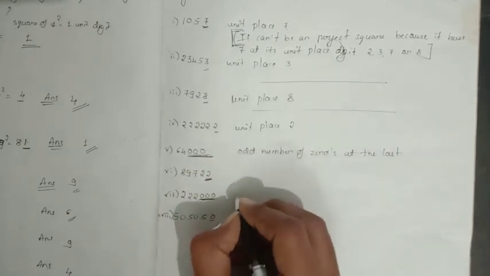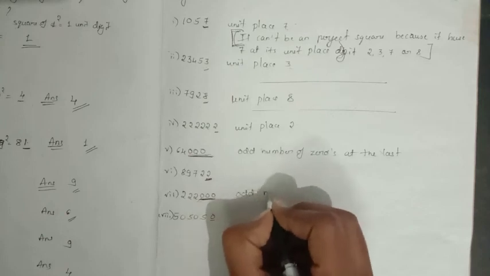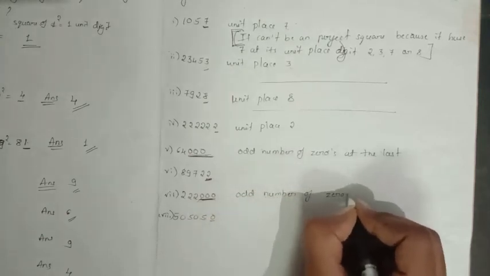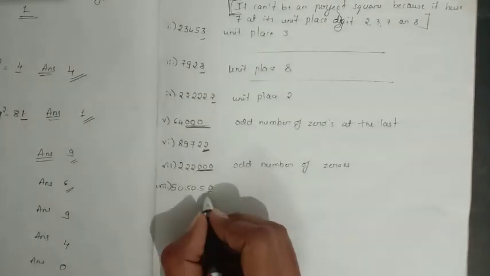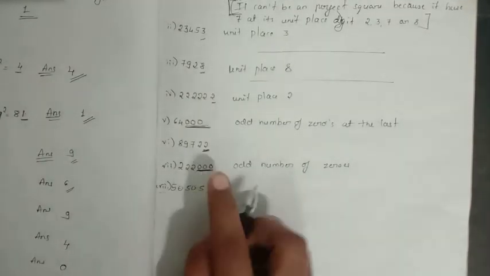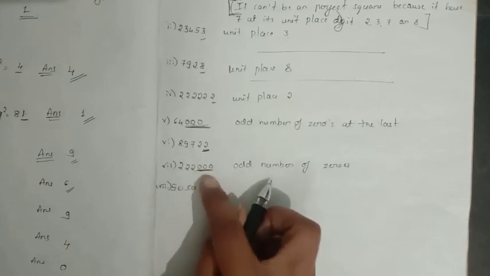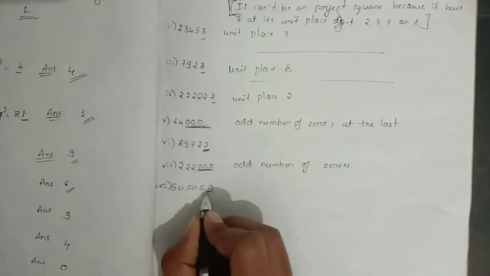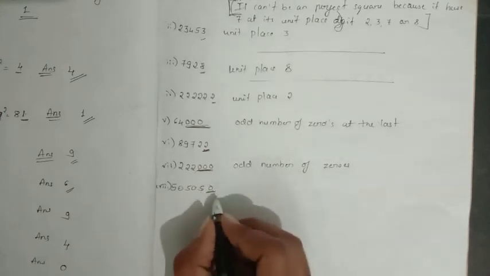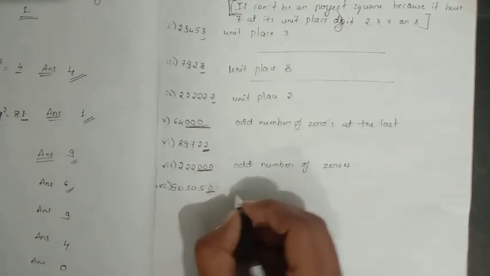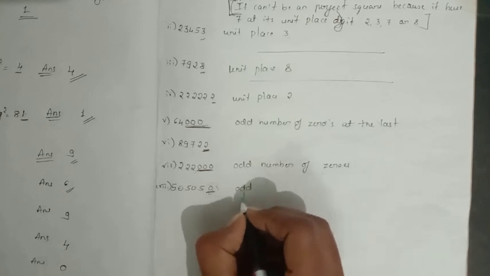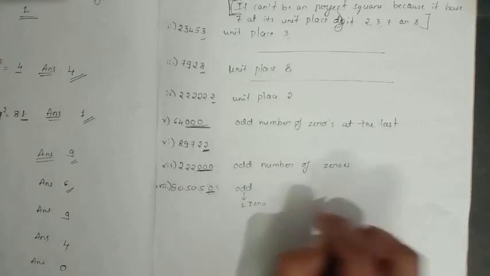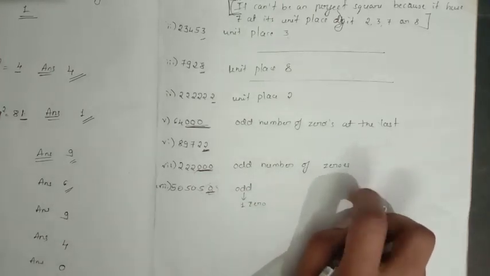So here again it is an odd number of zeros. Then what about 0? Don't count 1, 2, 3. I told you at the end the zeros should be in pairs. But here the 5 is there, that means we have only a single 0. So as it is single, it is an odd number. How many? Only 1. A 0 is there, hence it is not a perfect square.